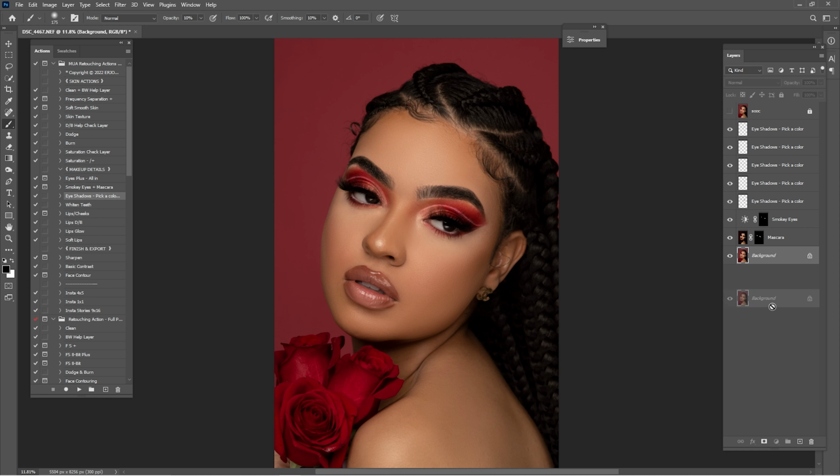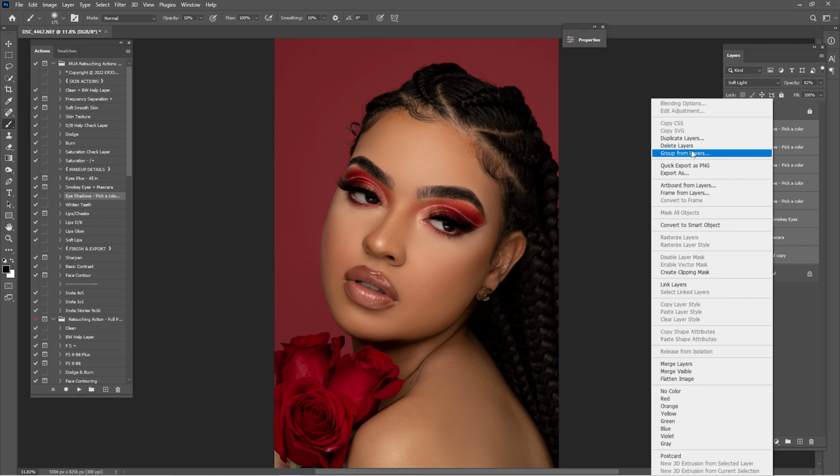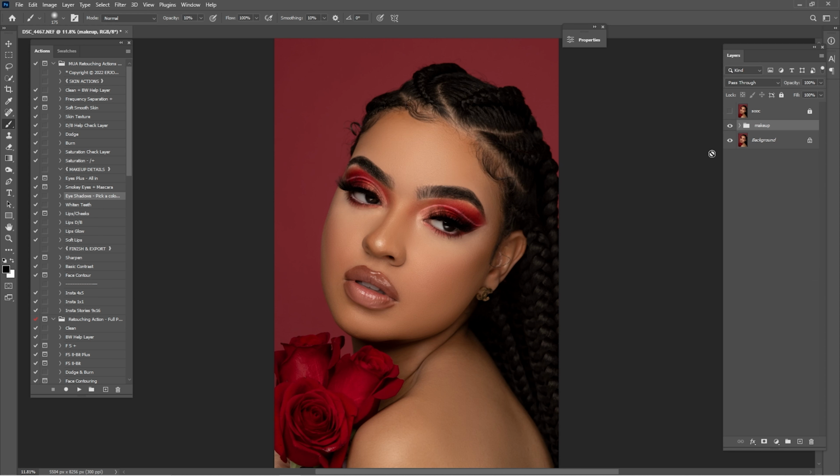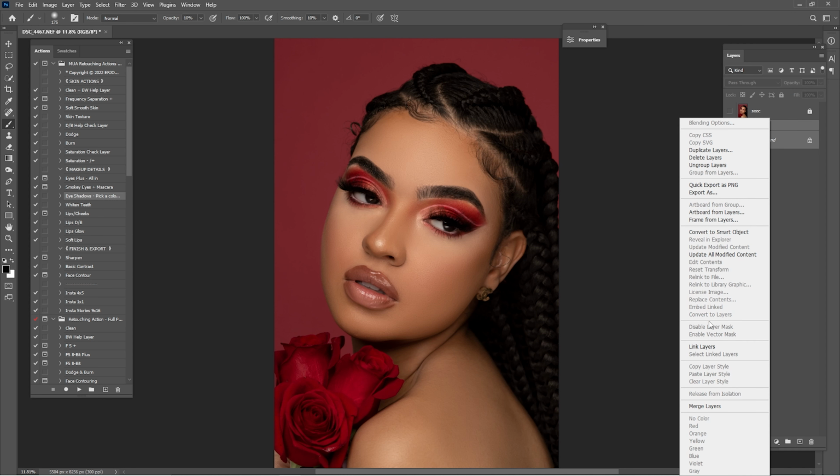Now double click or just drag and drop this, and hold shift on the keyboard, click here and merge these into a layer and rename it makeup or something like that. And here you can see a before and after of what you have done so far in this portrait, and I think that is looking really nice. So I'm just gonna merge these into one